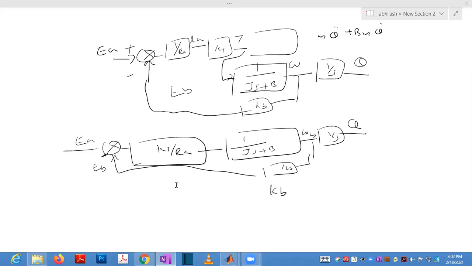What is the reason for this being a closed loop system? Sir, we are having a feedback path. What are you feeding back? Sir, speed. You are measuring the speed. Angular velocity, you are measuring that speed. No. So what do you mean by a physical feedback? Something you are measuring and feeding back. This is actually back EMF.